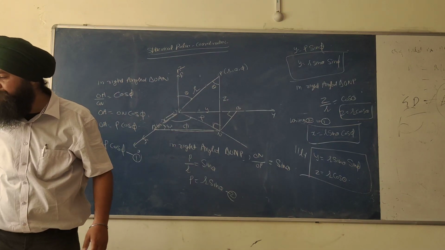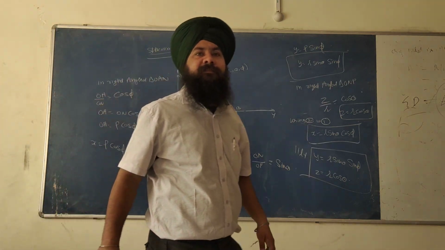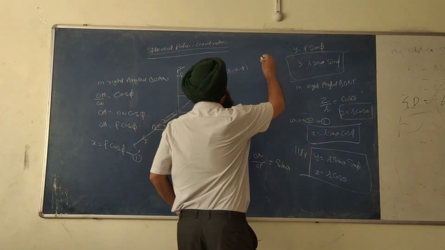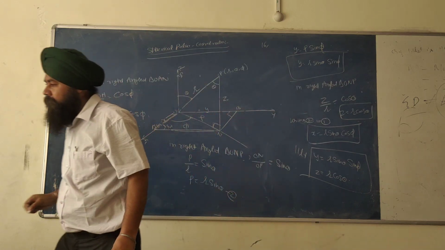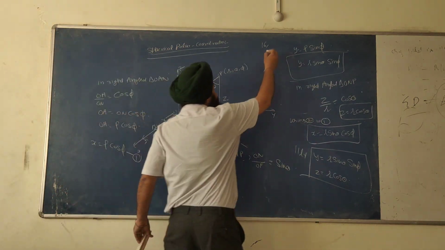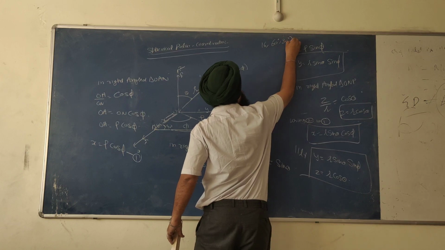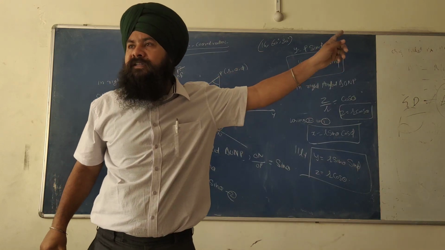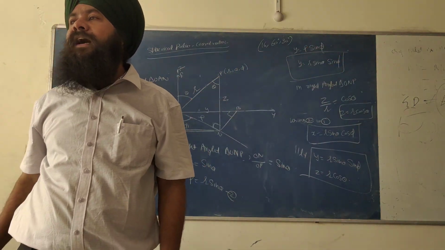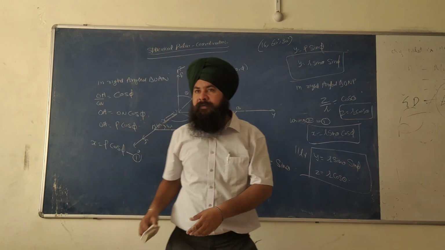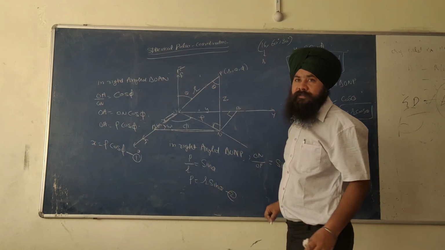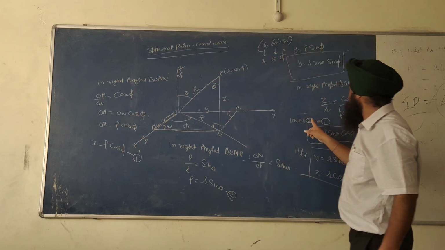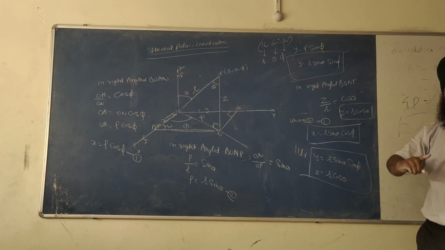Do one numerical, then. How much time is left? It is just a two minute one. You are given r equal to 16, theta 60 degrees. This is the point in spherical polar coordinates. Calculate the Cartesian coordinates. So what is this? This is r, this is theta, this is phi. Use these values in this expression.